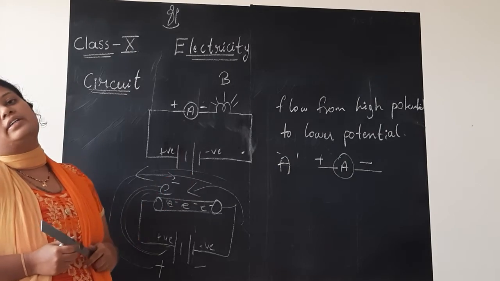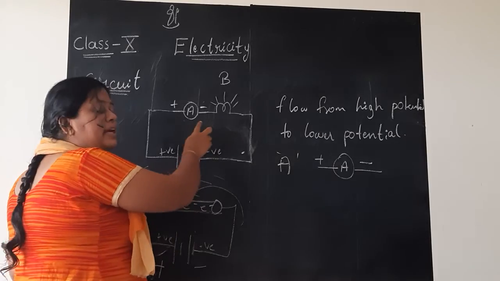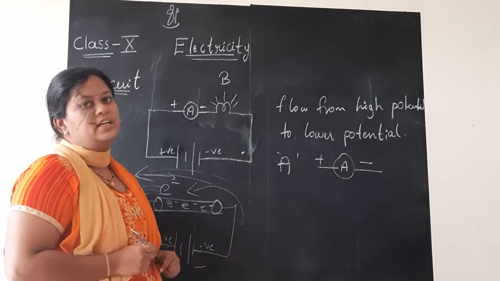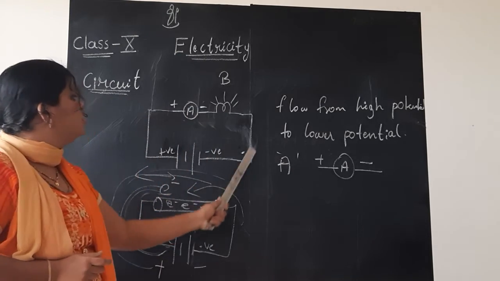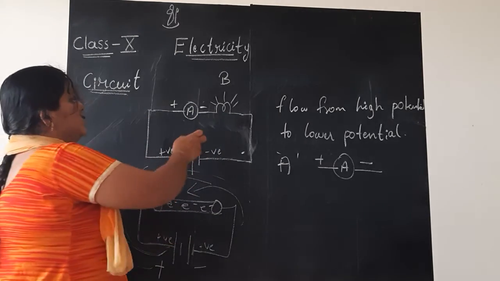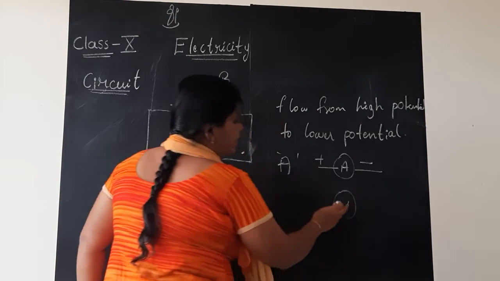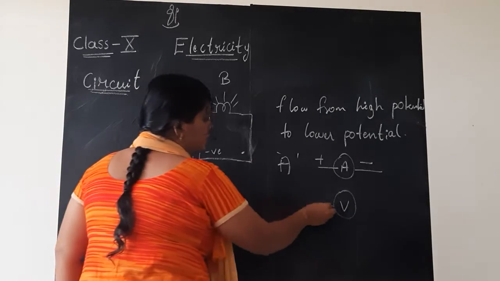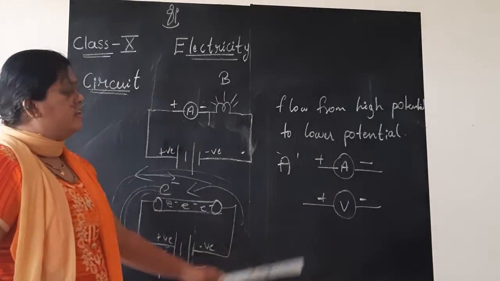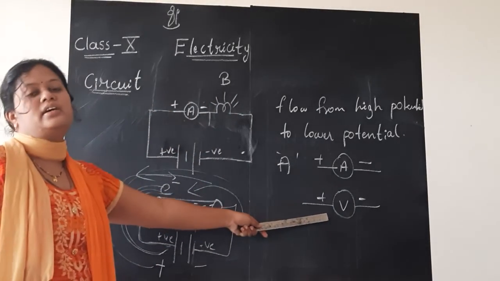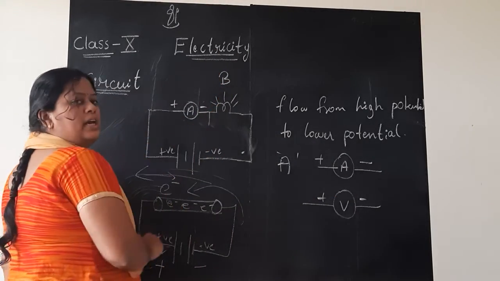Similarly, now we need to connect the voltmeter to measure the potential difference. So, the voltmeter is always connected in parallel. That is what we have studied. If series means one beside the other or in the line itself, parallel means with the bulb, if at all I want to connect. Similarly, the voltmeter should be capital V within the circle, 2 terminals, again positive, negative. This is how you represent the voltmeter in the circuit. Now remove this and connect in parallel with the bulb.